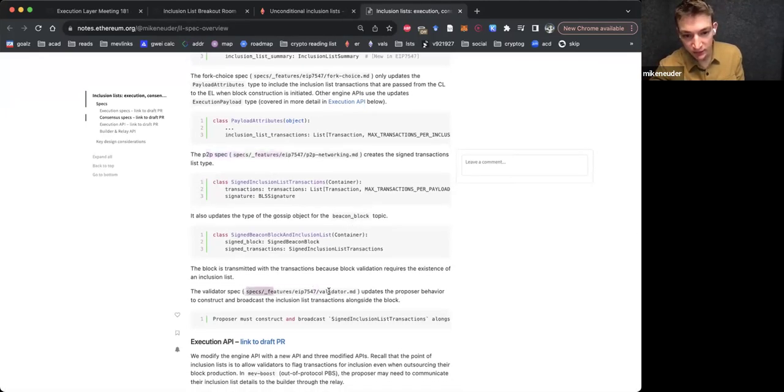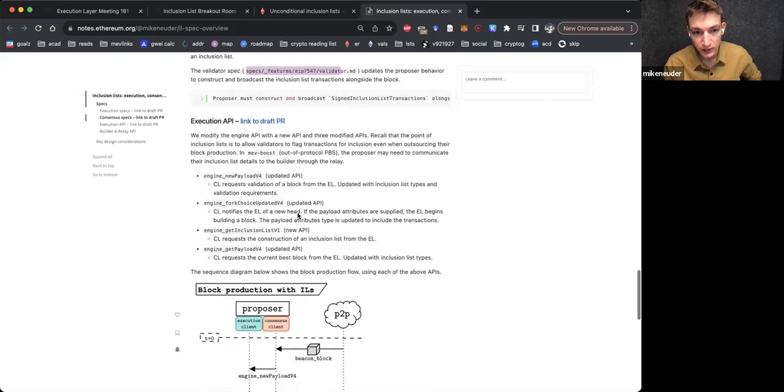In the validator spec itself, the honest behavior is to construct this inclusion list based on the view of the mempool. So TLDR, the biggest changes in the consensus spec are probably around the P2P and networking, because it's similar to 4844 where there are these side objects. Hopefully with the 4844 experience and development we've gone through, this is old hat by this point, but part of the open questions and design discussions will be around this very thing.